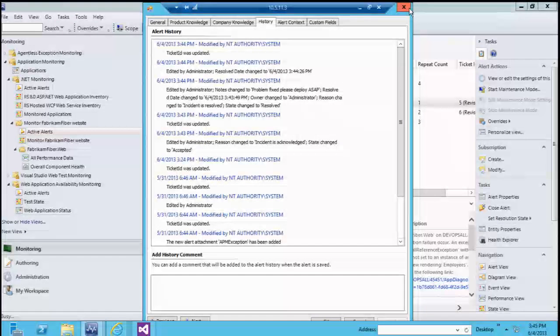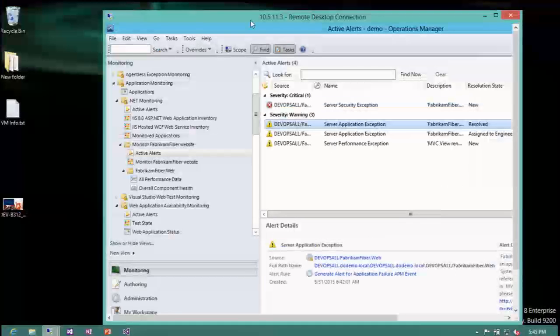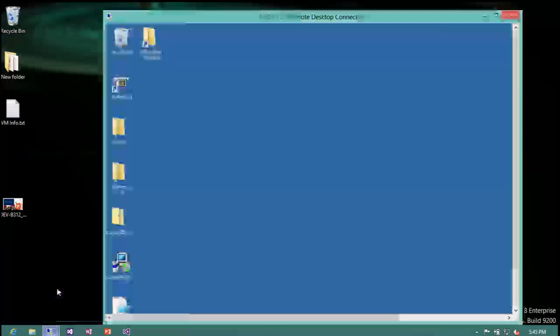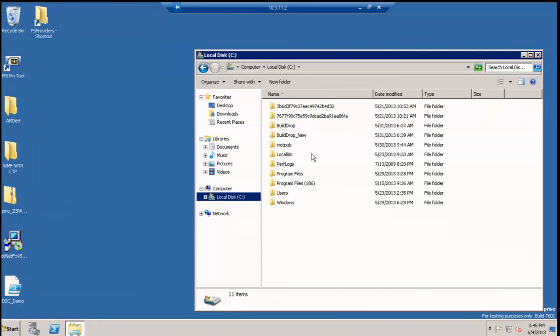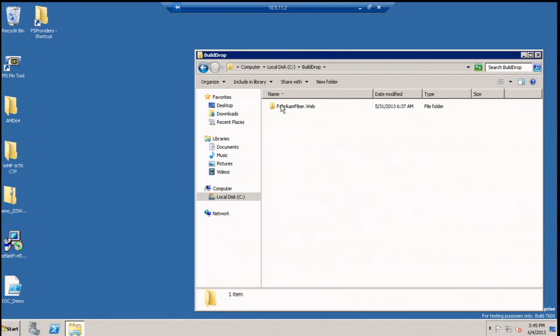So let me get out of here. So I'm going to jump over to our production server, and our build has been copied over here. And the first thing I'm going to do,